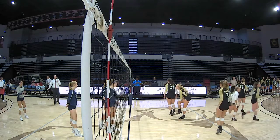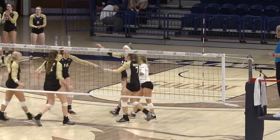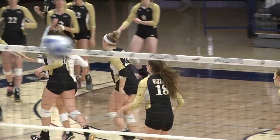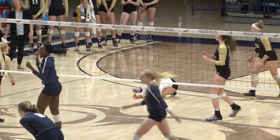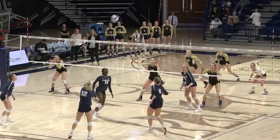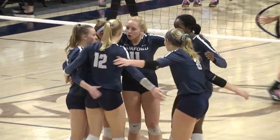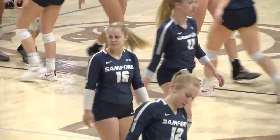They're not quite there yet, but progress. That was in, so Samford draws closer. They're within 4 points now. Score some points. Samford now within 1 point of closing out the night. Sam Pritchard, our court reporter. Deaton for the match. And that will do it for Samford as the sophomore Deaton finishes things off. And the final score